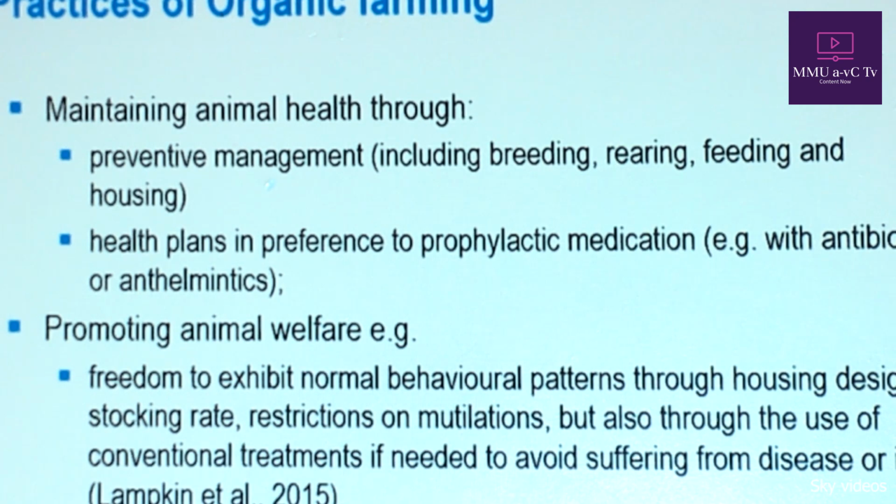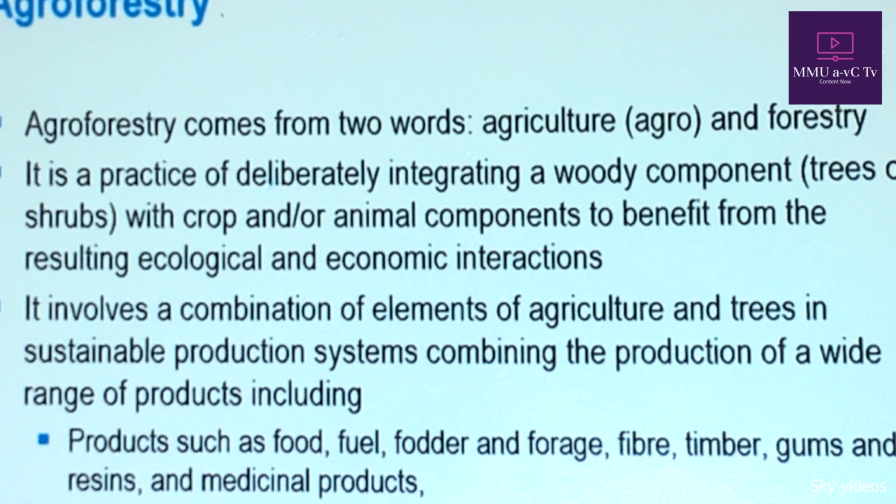Agroforestry, which is well known and well established, but is not implemented on smallholder farms in the appropriate sense of what agroforestry should be. And we have different ways of doing agroforestry. Agroforestry involves integrating trees among crops and animals, and it can be done in different ways. It involves a combination of elements of agriculture and trees,